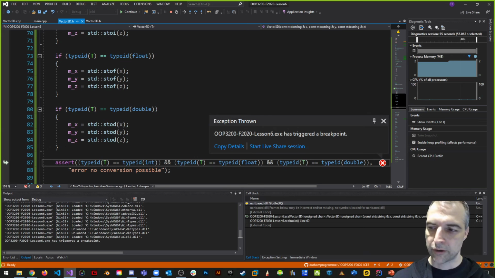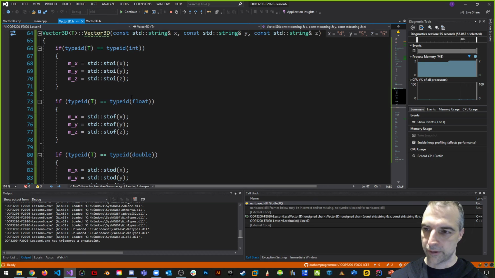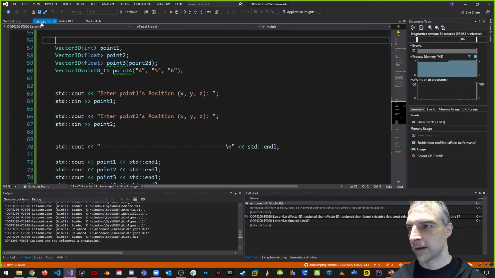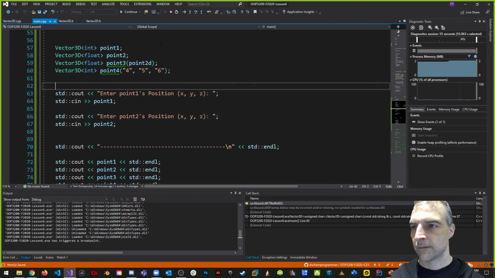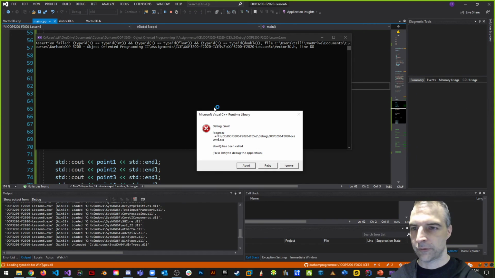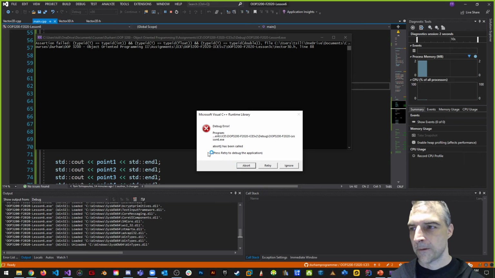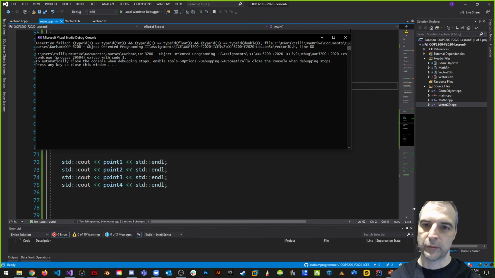And I think asserts are pretty good like this. But this part right here would totally be avoided, because this is only if this is going to happen. It's going to avoid this little assert statement if I use an integer, a float, or a double. So if I go back to main, and if I change this back to, let's say, an int, then the assert is not going to trigger. The assert won't trigger now, like it did before. Or did it? Would it? Let's see. Oh yeah, of course it will,